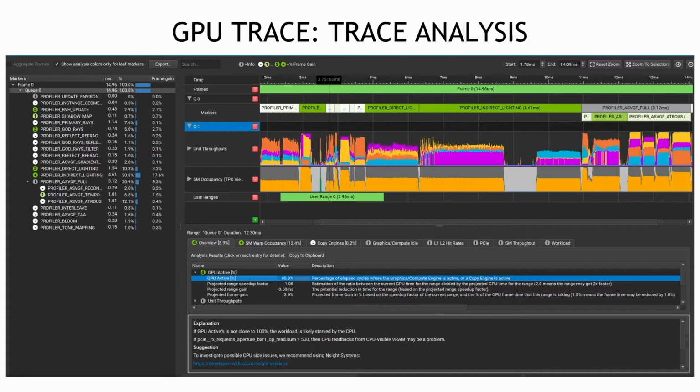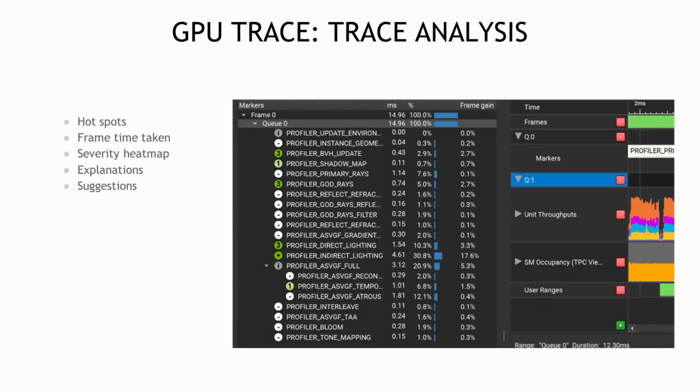These recommendations come directly from NVIDIA DevTools and are based on years of experience going through a similar performance triage process on dozens of major game titles. With trace analysis, you get hotspots sorted by perf marker and severity, the percentage of frame time taken, a severity heat map on the frame timeline, detailed explanations on multiple categories of performance issues, and suggestions on how to achieve